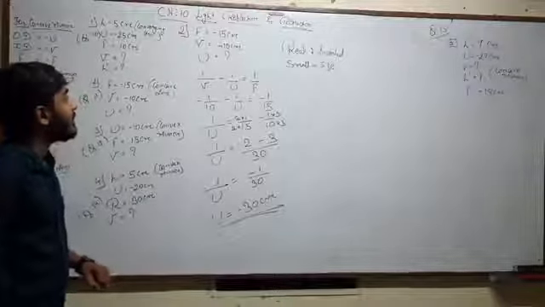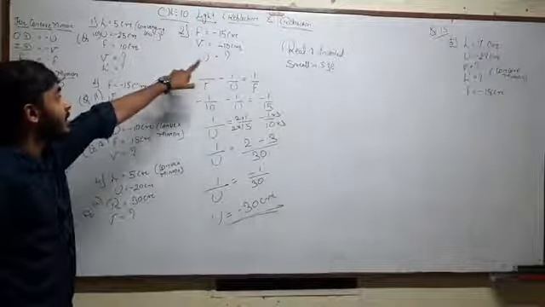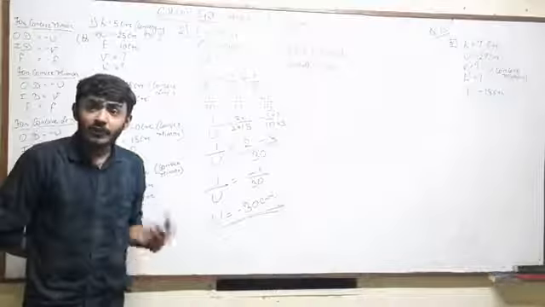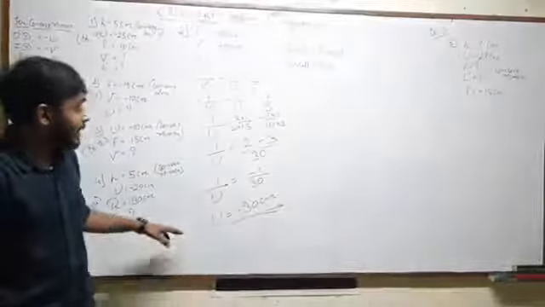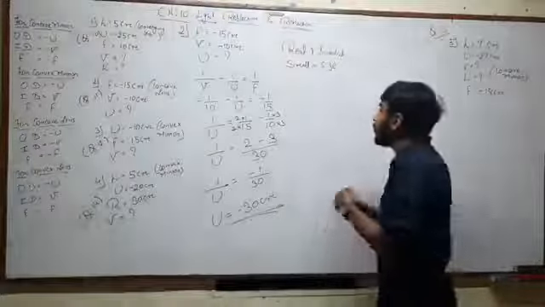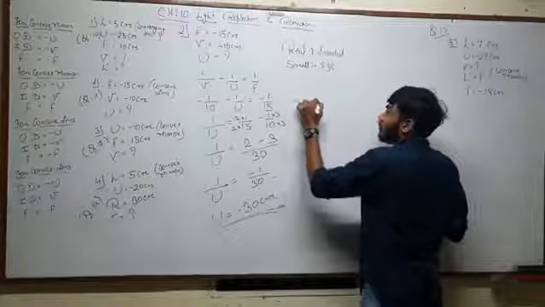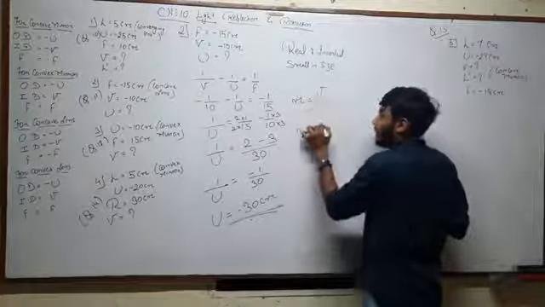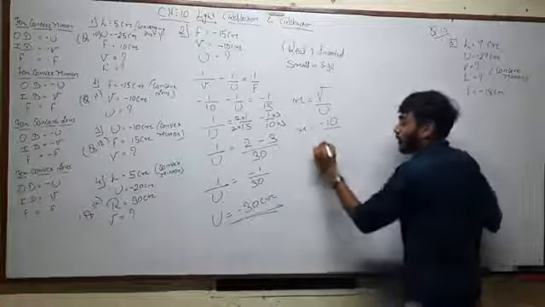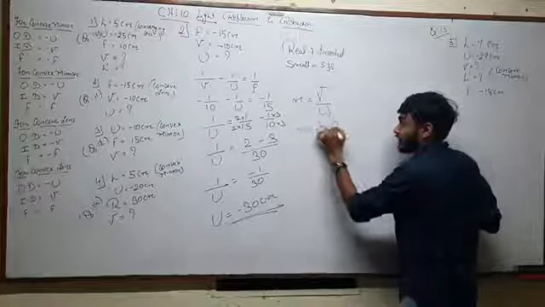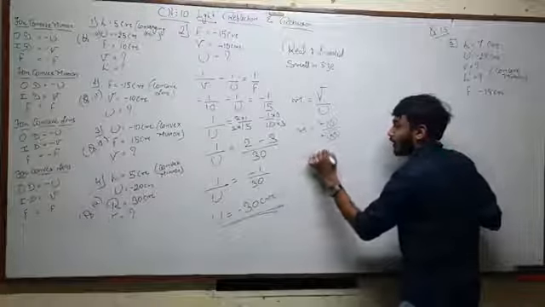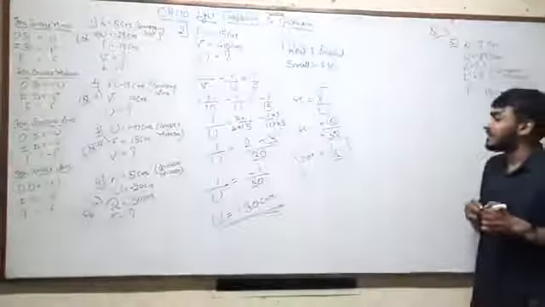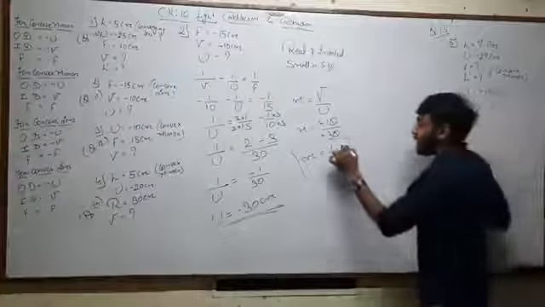This was the second sum we did just now. f is equal to minus 15 centimeter, v was minus 10 centimeter. We need to find the object distance. And if in case they are asking us to find the magnification, then what we will do? We will write m is equal to, for a lens it can be v upon u. So m is equal to, what was v? Minus 10. What was u? Minus 30. So this gets cancelled out, this gets cancelled out, and so magnification will be 1 upon 3. That will be something like 0.3333. Okay, so this is your magnification.